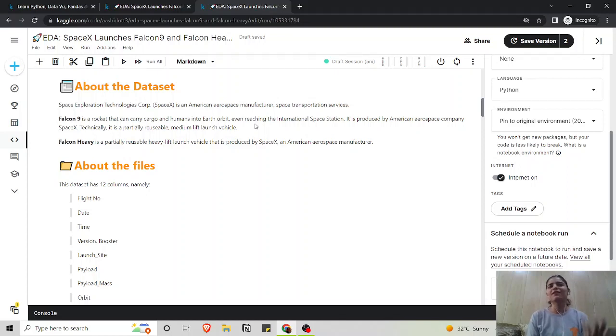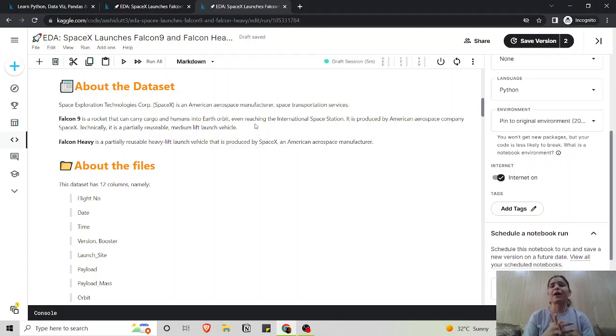So earlier when we were thinking about payloads, we can say that Falcon 9 carries cargo and humans to orbit of the Earth, and also to the International Space Station. We got the hint, right?